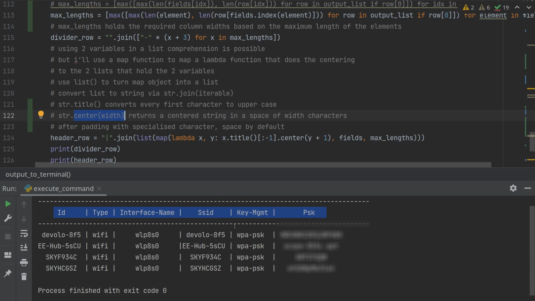Of course, to center something, it will need padding, and the default padding is space. So you can see SSID, for example, there's spaces here and spaces there, and it's nicely centered in the middle. So how do we do that? For the header row, for example, the header row, which is this one,